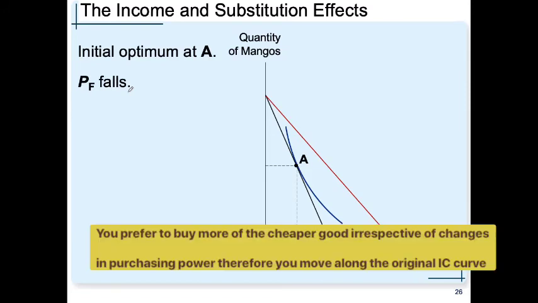Now two effects happen. The first one is called the substitution effect. The substitution effect is basically a movement along the original indifference curve. You prefer to buy more of one of the two goods, which basically is saying that you're moving along. So if you recall, you're equally happy on a single indifference curve. If you move from point A to point B over here, you're equally happy